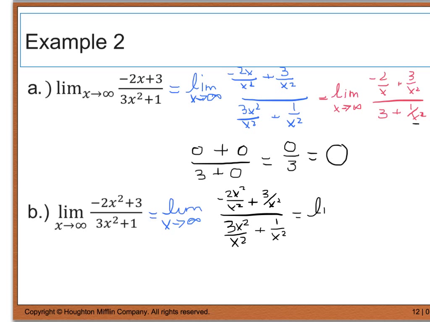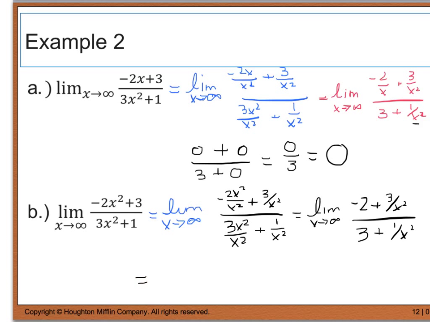Then this gives us the limit as x approaches infinity of negative 2x squared divided by x squared, which is negative 2, plus 3 divided by x squared, all divided by 3 plus 1 divided by x squared. And if we simplify all of this,